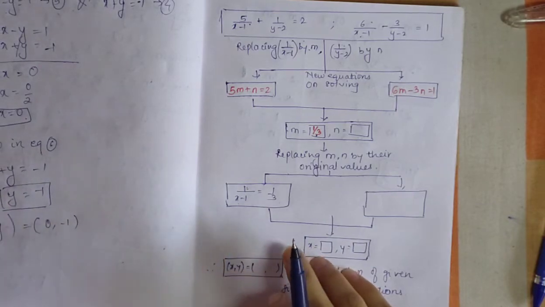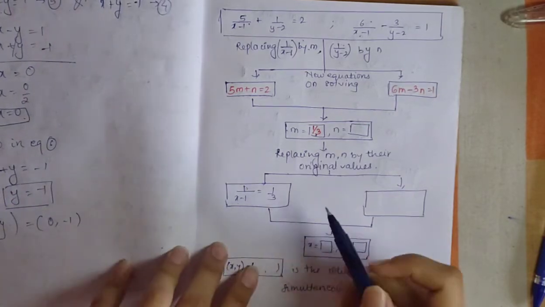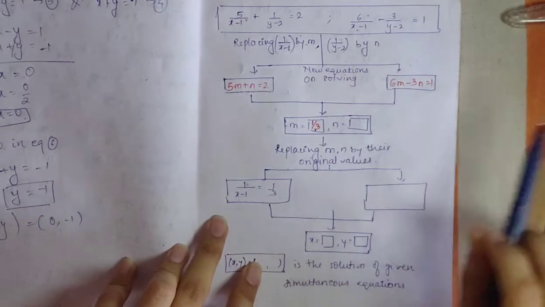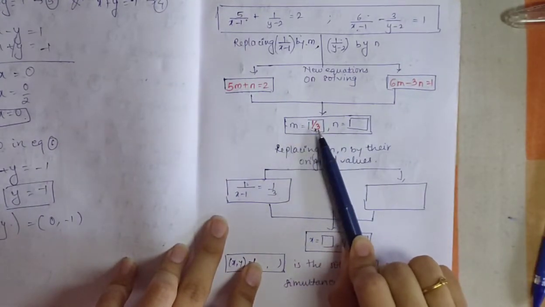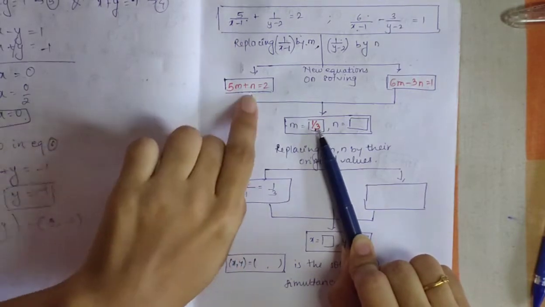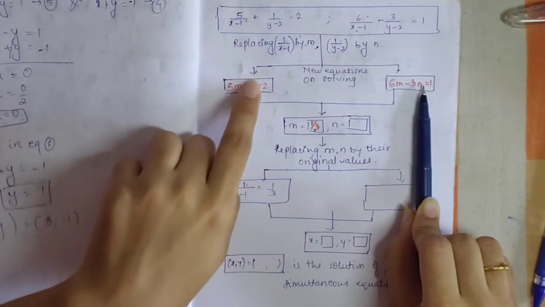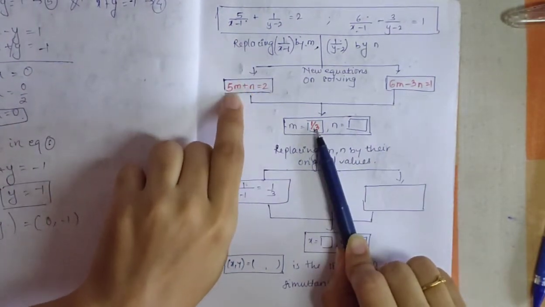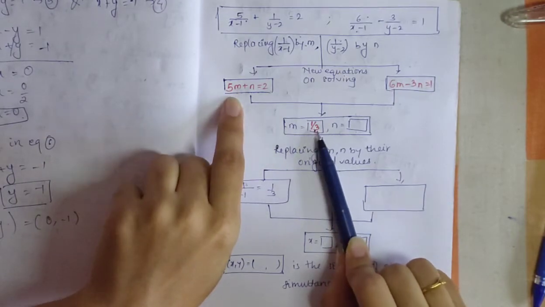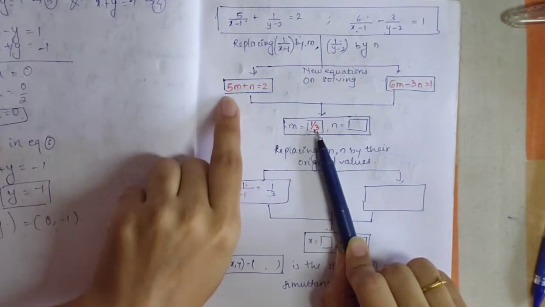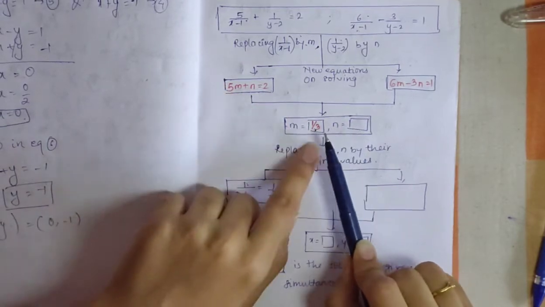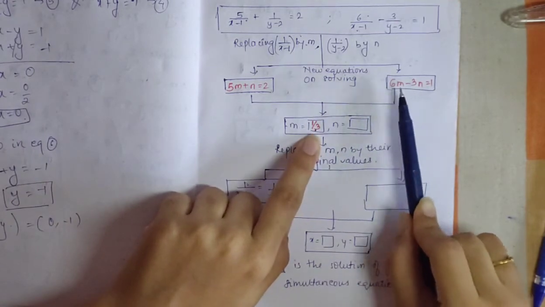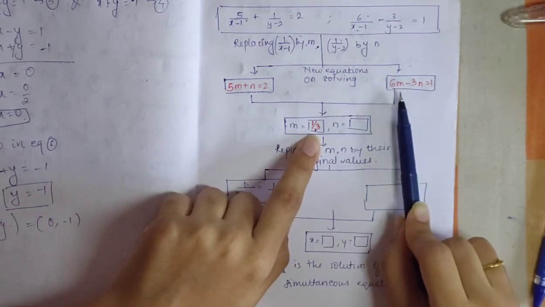Now, the next step it says is you need to find n. Now, if you know 1 by 3 is your m, you just have to substitute this 1 by 3 in any one of these equations. So after substituting m is equal to 1 by 3, what would you get? Now substituting 1 by 3 here will be a little difficult because it does not cut out with 5. 3 and 5 do not come in the same table. So instead you substitute it here. Why? Because 6 and 3 come in the same table.